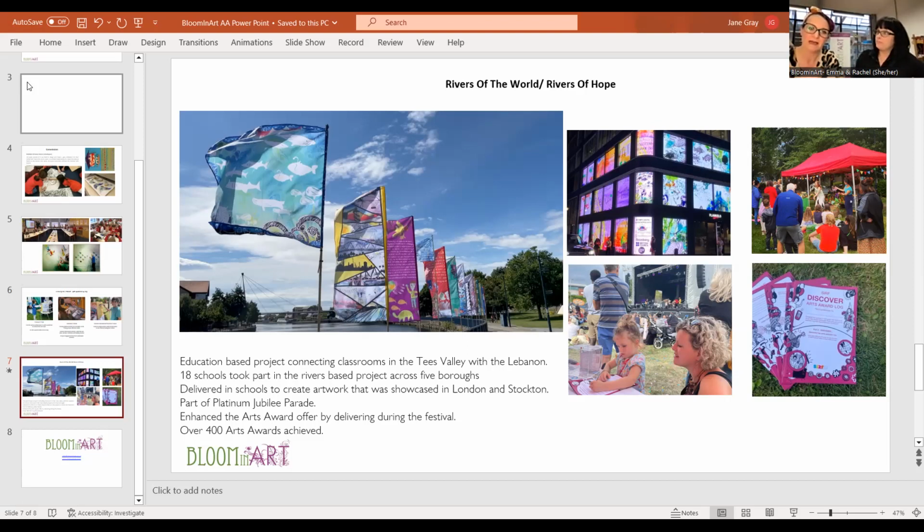To enhance the Arts Award offer, Surf let us pop up at the festival. So we were able to engage and encourage people who were there. We didn't have an activity ourselves. We were encouraging people to go and talk to artists, to go and watch performances, to take part in performances, to do some printing and just talk to people about what inspired them and what their journey was to